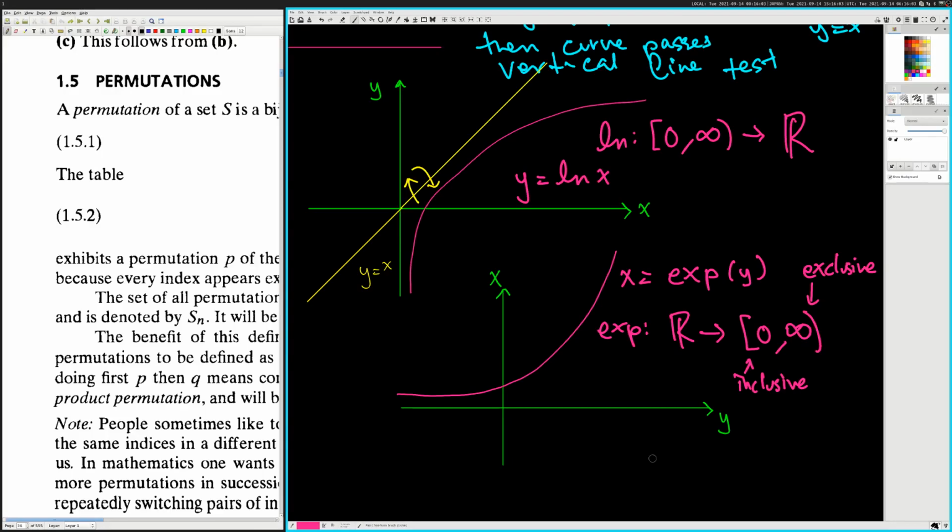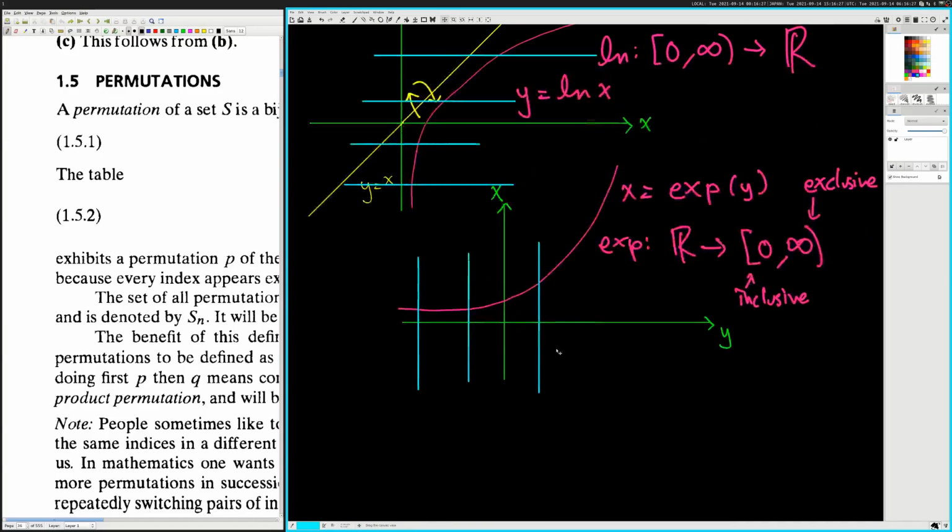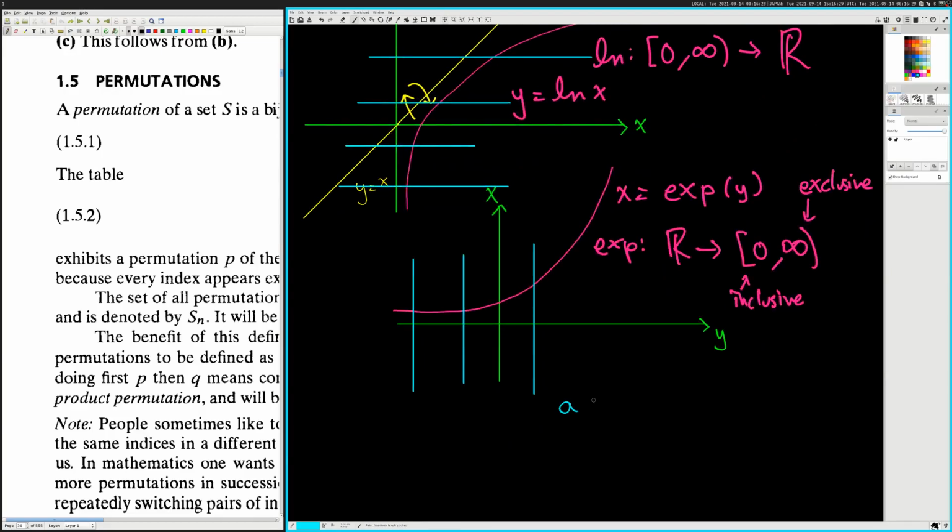So anyway, the point is that if this passes, in other words, if it's bijective, it passes every horizontal line test. Well, that implies that when we flip it, it will pass every vertical line test, right? In other words, we can invert the function. So a function is bijective